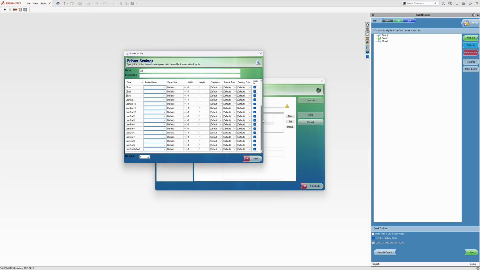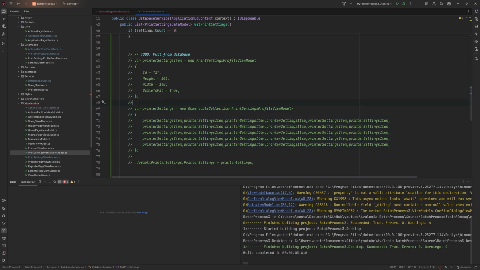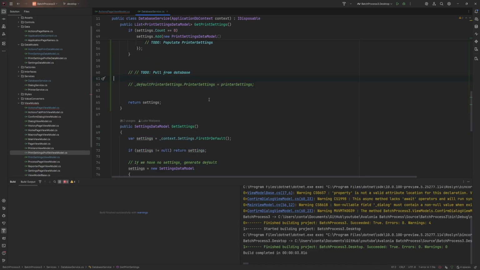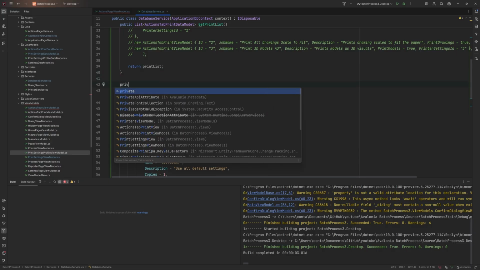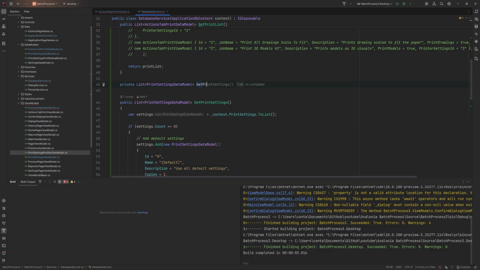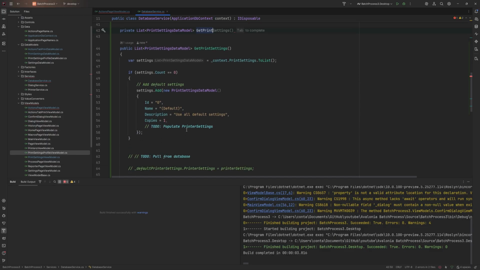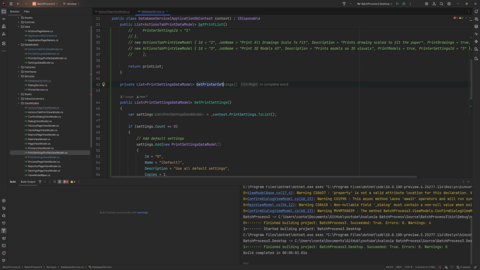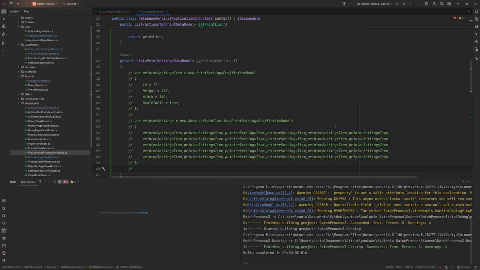So these sizes for this application are always fixed. These are the sizes we need. So we're going to return this exact list every time we create something. So we'll want one that simply returns the list by default. And then instead of just doing this print settings equals and repeating all this over, we can call another function that gets these exact settings. So this part can all be cut. We'll have in here for now a private, and then we'll have a list of print settings data model, I think it is, get printer settings, get printer settings. And this will always be, or print settings we've called it actually,